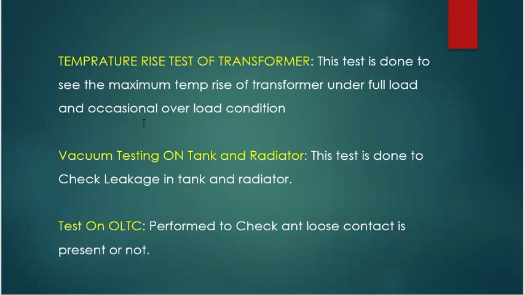Vacuum testing on tank and radiator is also performed to check whether there is any leakage in the transformer tank or the radiator. A vacuum machine is connected on the transformer tank, and transformer is subjected to vacuum, and it remains under vacuum for a prolonged period. And with the gauge attached with the vacuum testing machine, we will see whether the pressure drops or not. If the pressure drops from the set vacuum value, then there will be a leakage on the tank and the